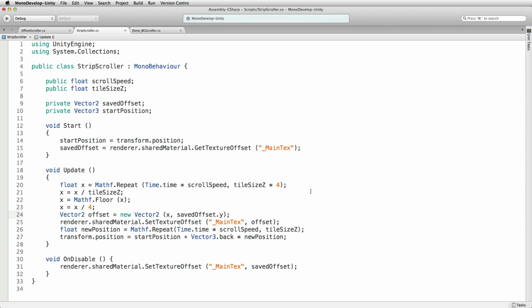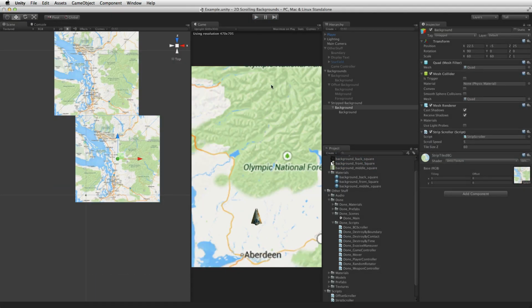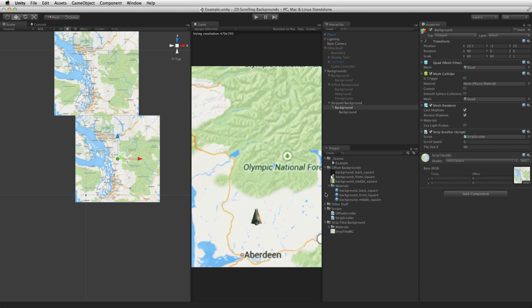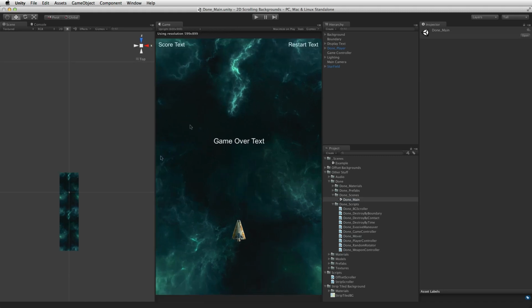Adam, let's say that there's a ship in space. Would it be a bad idea to use a particle system to emit stars instead of using parallax with images of stars? No, as a matter of fact, it's not. That's what we do in the original version of this. Unless I've broken something, this should be able to work. Let me show you by going to the other stuff where we put it into the done main. Now this is the done main here, and if we hit play,